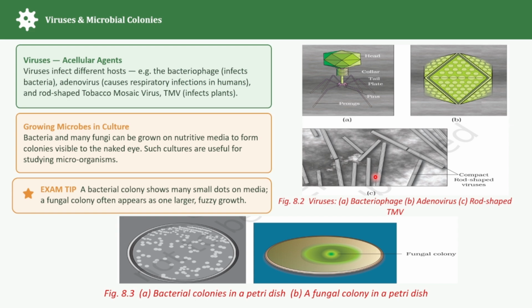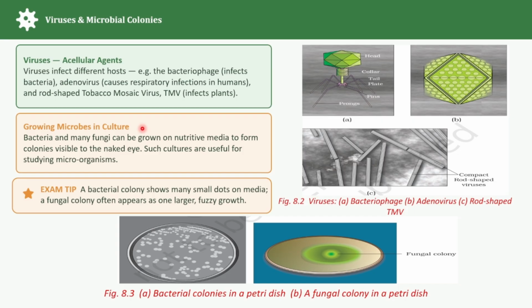Individual bacteria and fungi are microscopic, but when many of them grow together under suitable conditions, they form a colony. For example, think about a classroom. Imagine just one student standing alone and you are far away. Can you point out the student? But imagine hundreds of students standing together in one place. Now you can clearly see the group, right? Similarly, individual microorganisms may be microscopic, but a large group growing together can form a visible colony.